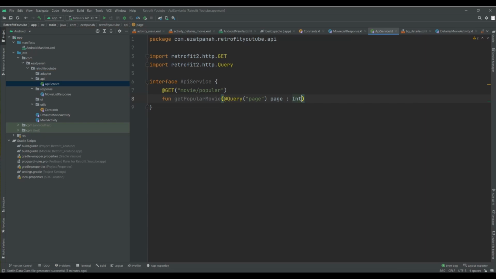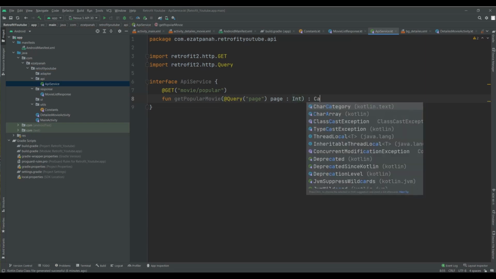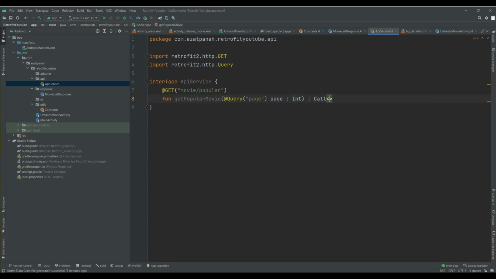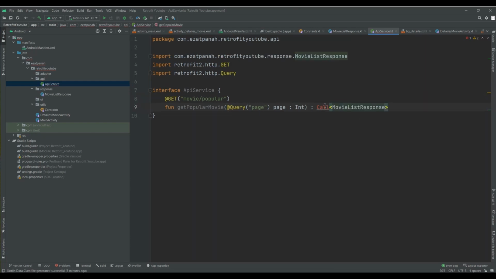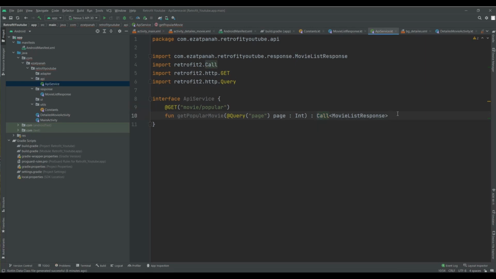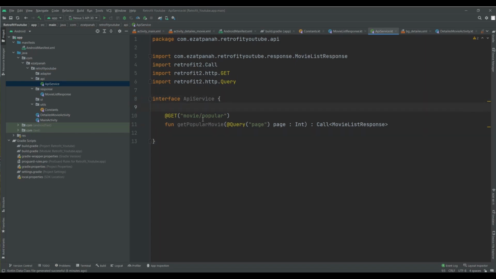Okay, and then call here. I should pass my response model. Okay, here is done. Our method is ready for fetching data